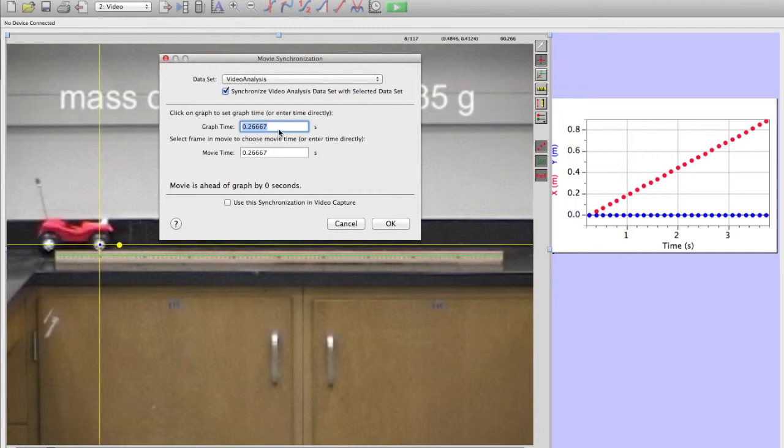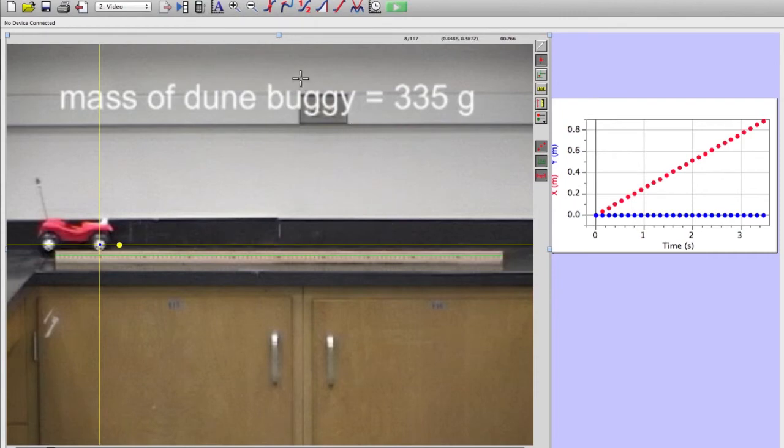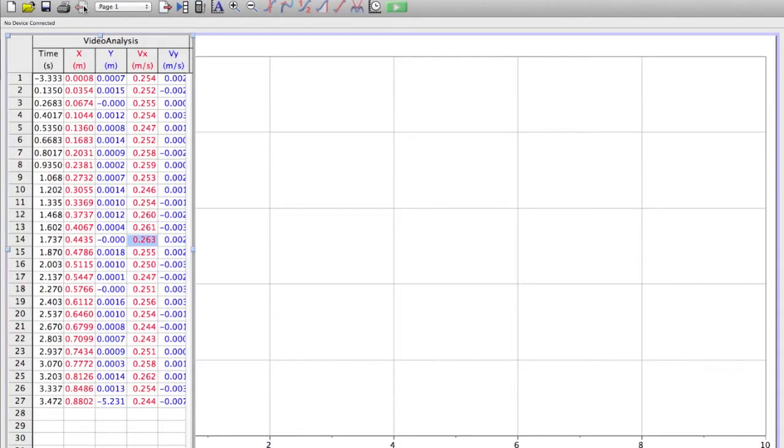So the graph time is the point in your data. The movie time is how long since the beginning of the movie. And so we are simply telling it, by putting 0 in this first blank, that when the movie is at 0.26667 seconds, that's 0 seconds for my motion data. So I will OK that and go back to page 1. And now my first time,